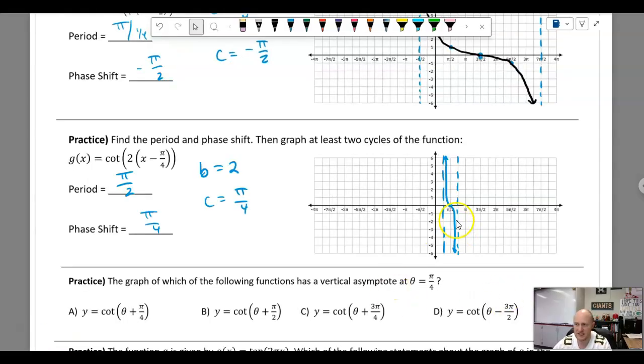Okay, here is the very first cycle. You have a phase shift of pi fourths right, so your asymptote should be right pi fourths, and then your period is pi divided by 2. So cut that period in half. That's why you see it kind of compressed. And then we'll be centered